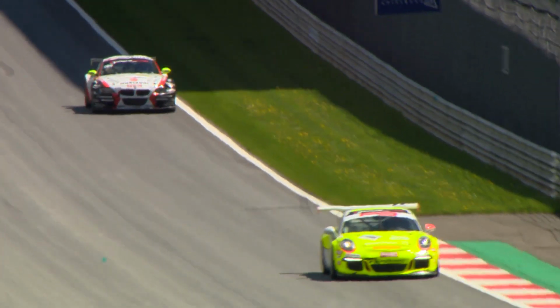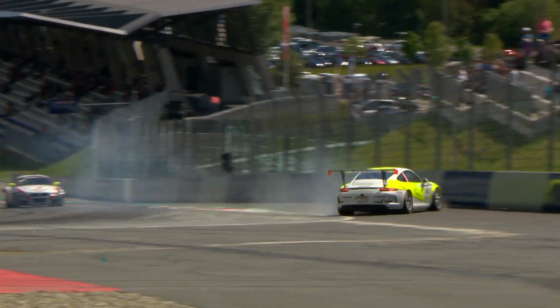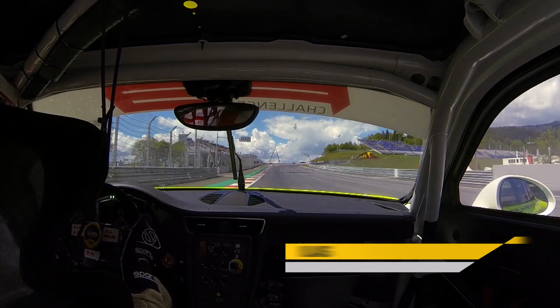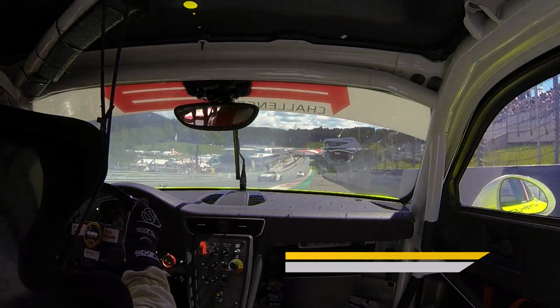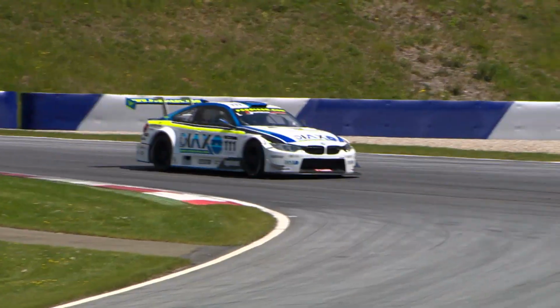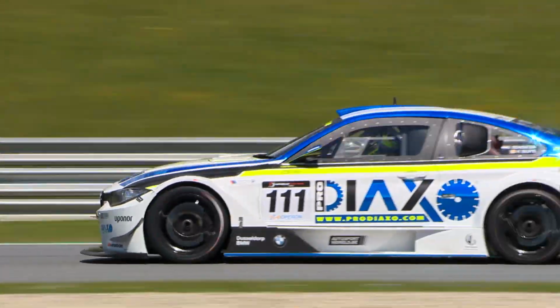Fortune smiles on them when this happens. Harold Pavlas has just taken over the Porsche from Dieter Sveps. Locks it up into turn 1 and backs it into the barriers. Listen on board, and you hear the car clearly locking up. Perhaps just a little eager to stay out of the way of Erik van der Munkhoff. He spins and stalls. And that takes the pressure off Vard Slice